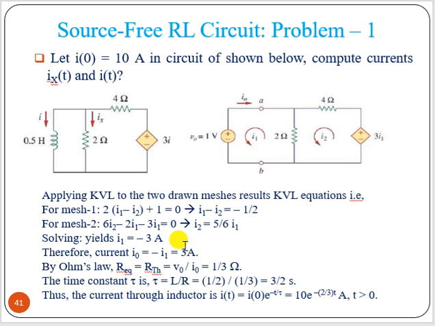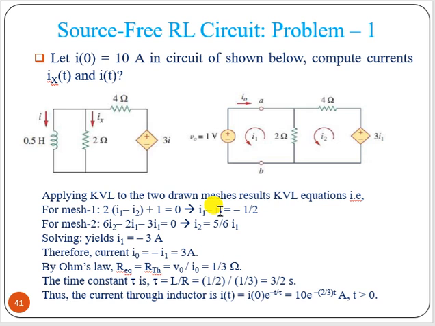Both can be possible. So now you can apply the KVL equation. In all the previous cases we assumed the clockwise direction. Here let us assume anti-clockwise. No problem, both are anti-clockwise. So what we can write for mesh 1 is 2 into (I1 minus I2), then plus, it points to the plus terminal first, so plus 1.